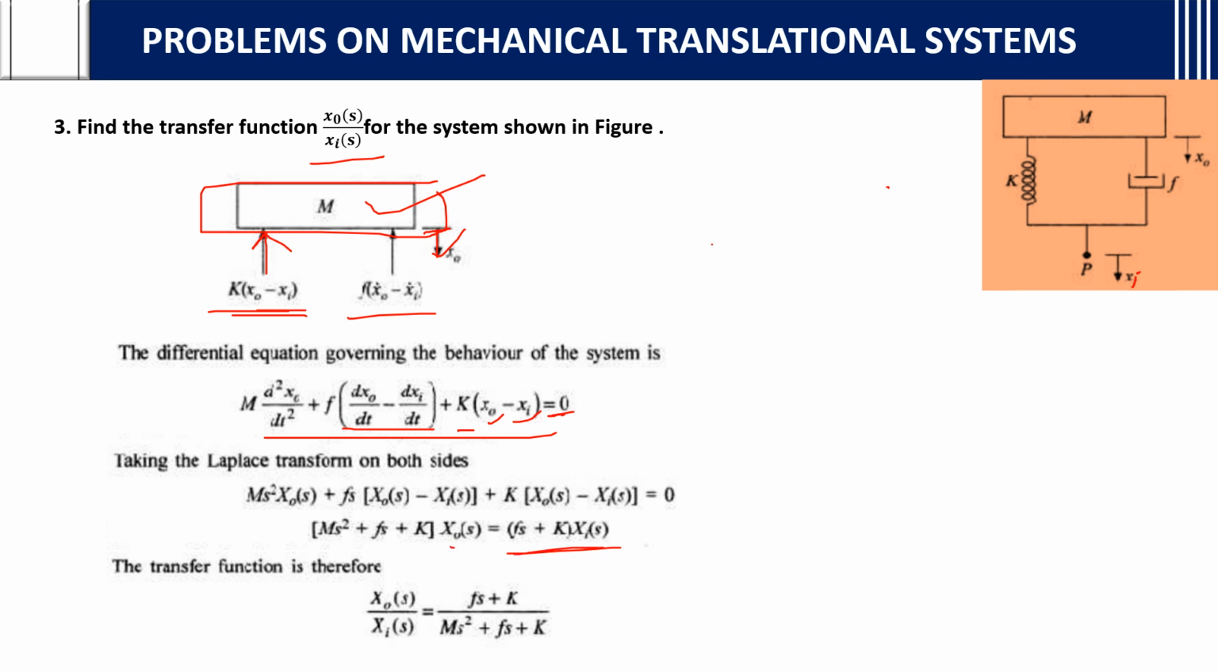So what it will become is (fs + k) by (ms square plus fs plus k). That is what we want, the transfer function. So we found the transfer function. Understanding? We need to write the free body diagram, write the equations, then do the Laplace transform for finding the